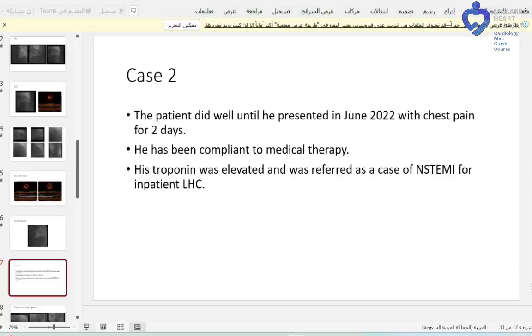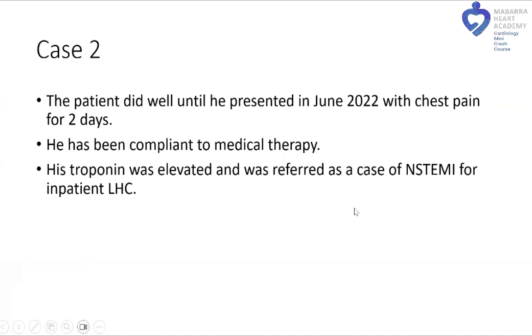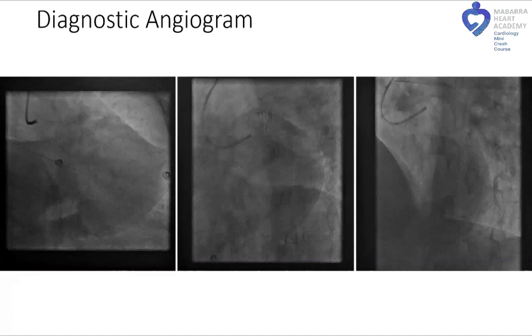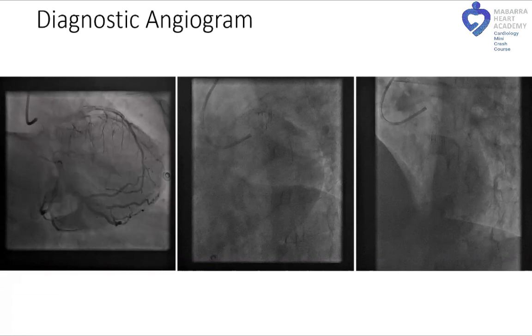So the patient was doing okay until he presented after 2 years with chest pain lasting for about 2 days. He was compliant with medical therapy according to him. His troponin was elevated, and again, he was referred as a case of NSTEMI for inpatient left heart catheterization. So this is the same patient. He came after 2 years, okay? So this was the left system,